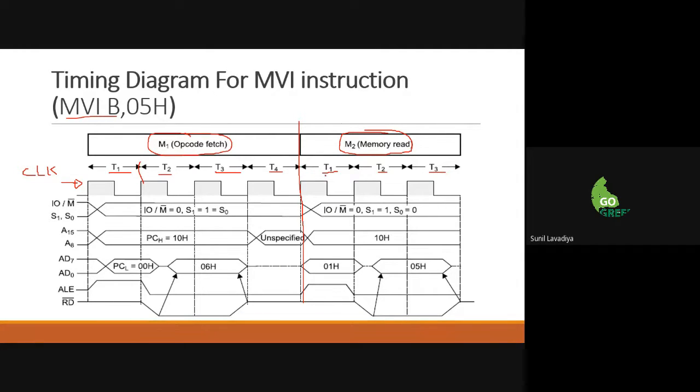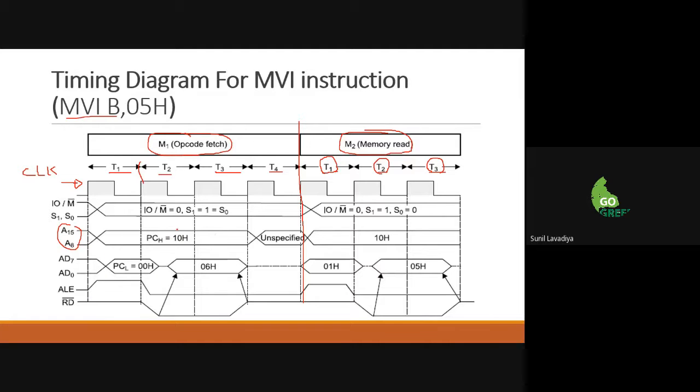Now, one thing you need to remember is to always give these their own names, T1, T2, T3, because for the memory read it's the first T step, second, and so on. This one is one machine cycle, and this one is another machine cycle. In this one, A18 to A15 is written on the lower side. You can also put it on the upper side. There is no issue.